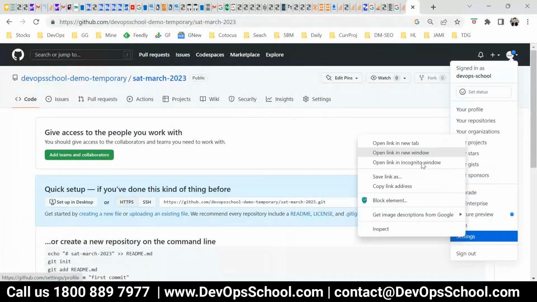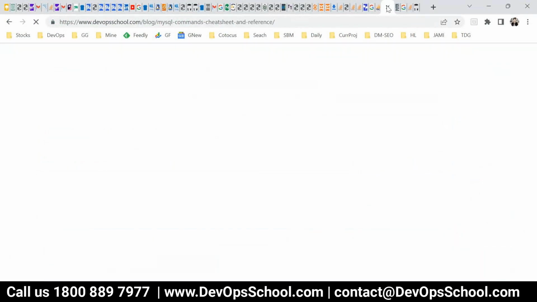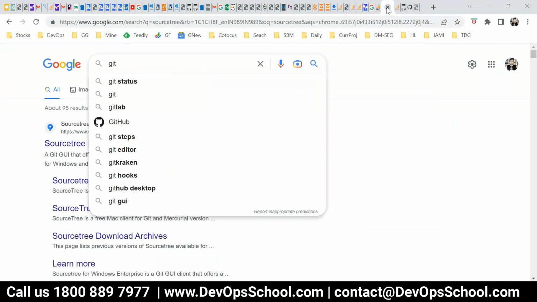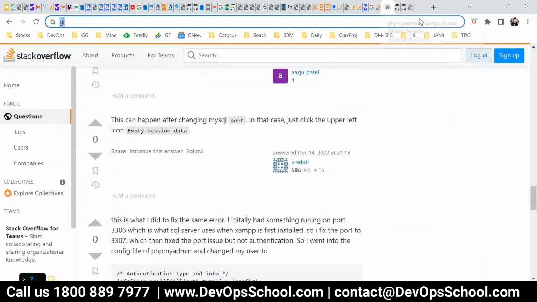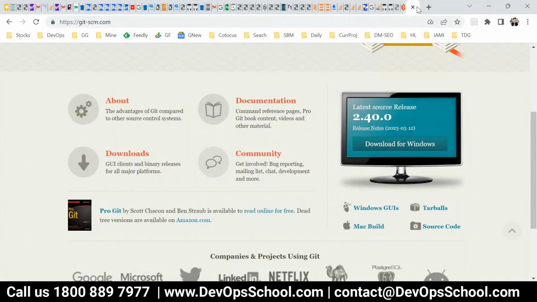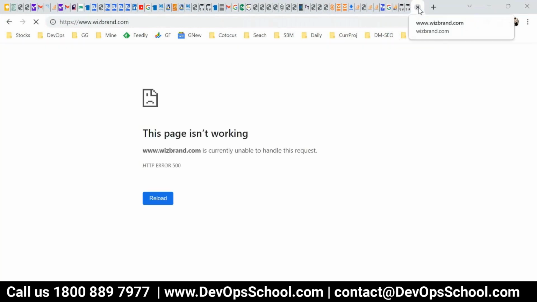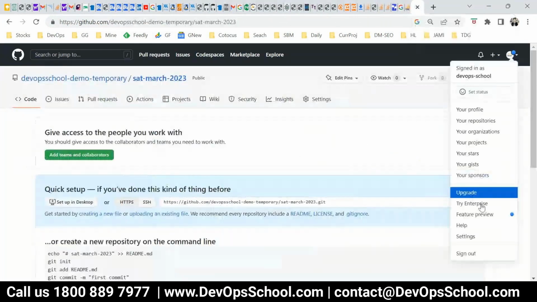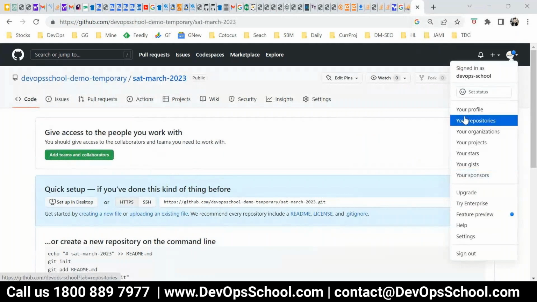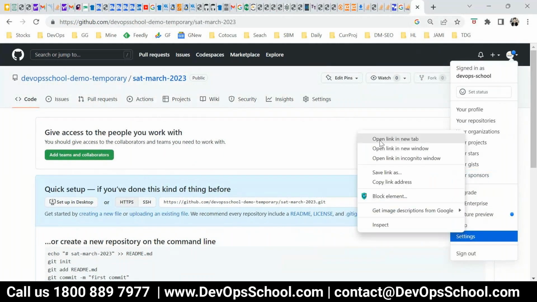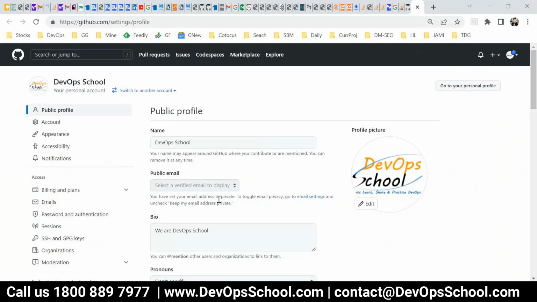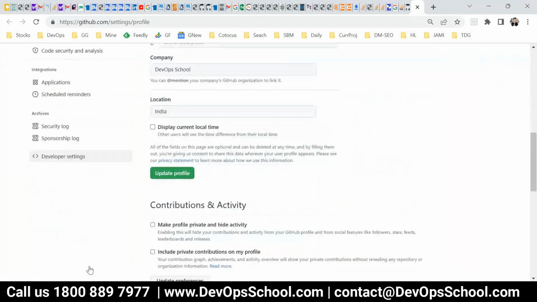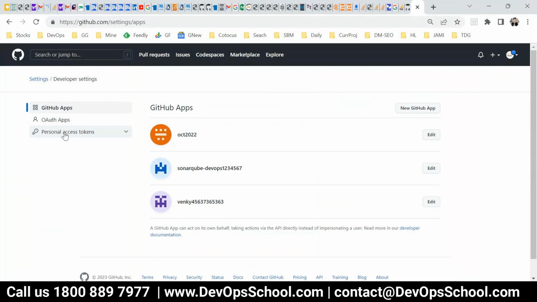Let me close a few URLs. So you go here, open settings, and here go to developer settings, and here you see PAT, go for classic.